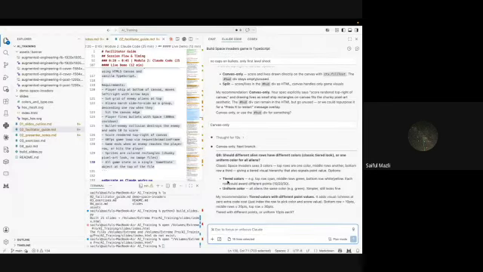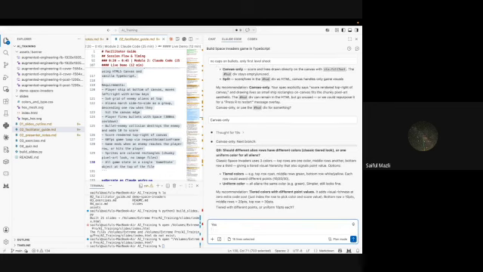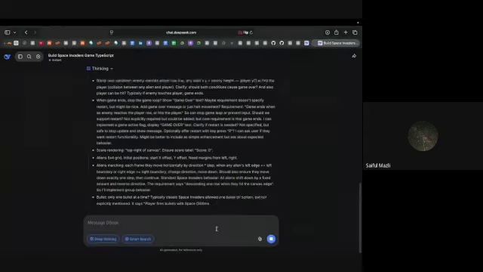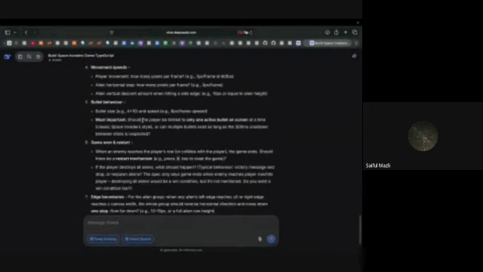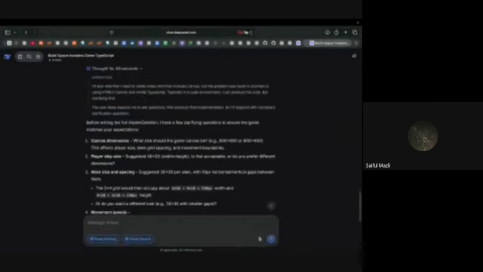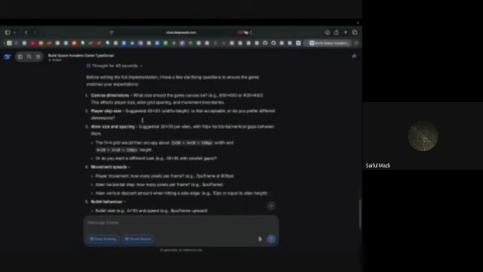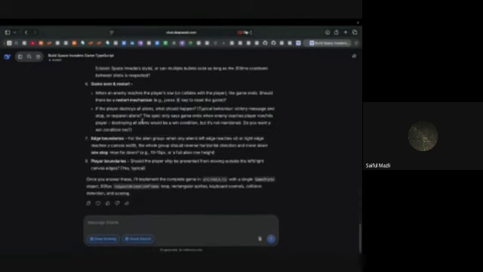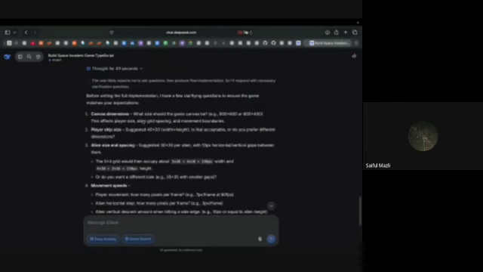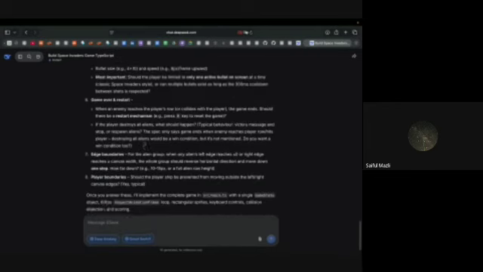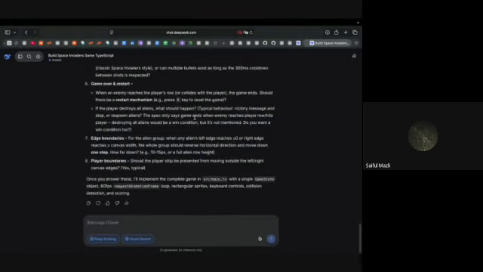But going back here, should different areas have different colors? It says yes. Let's check on DeepSeek. Oh, we told it to ask questions. So it's asking a lot of questions here. Okay. You know what?